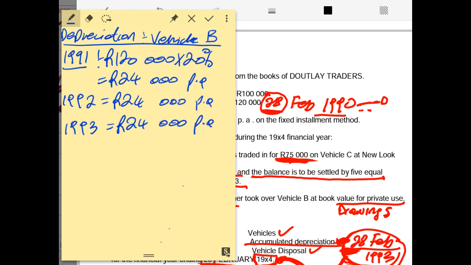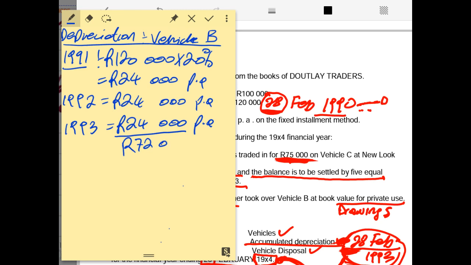It was not sold in any year. Therefore, the total accumulated depreciation for motor vehicle B will be the sum of the three amounts, which is 24,000 times 3. Therefore, that will give us